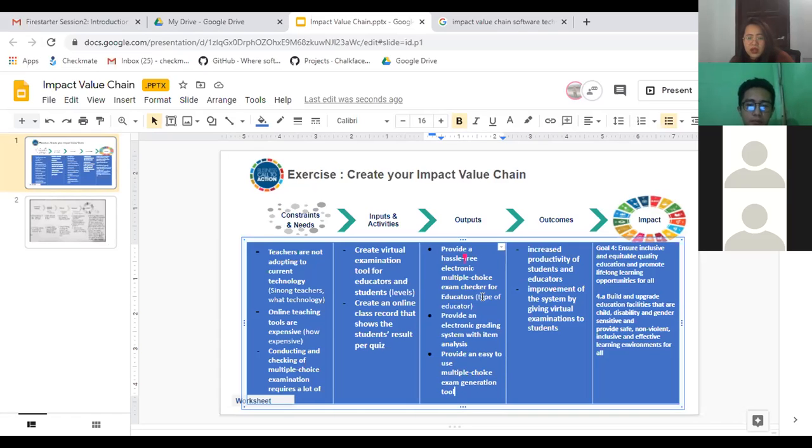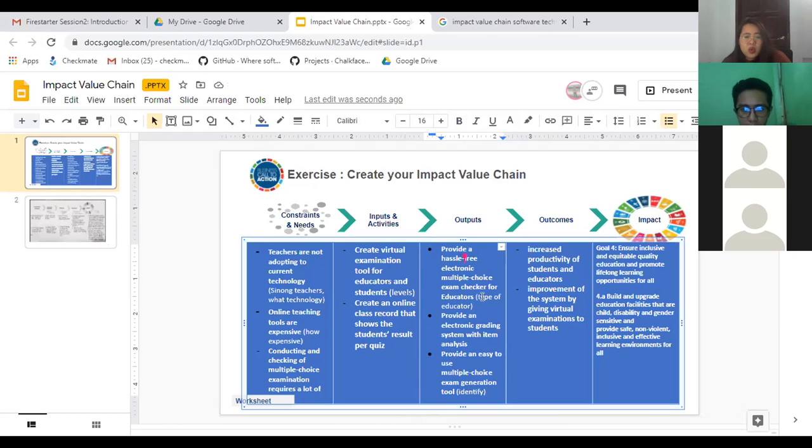You have to identify what makes it easy. Okay? Again, you have to apply the SMART framework.